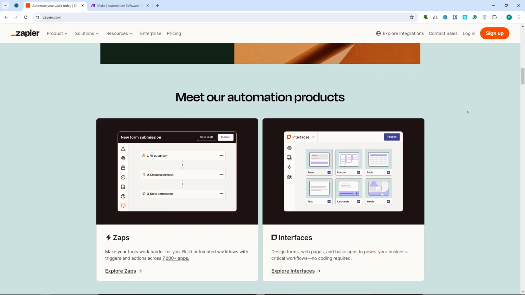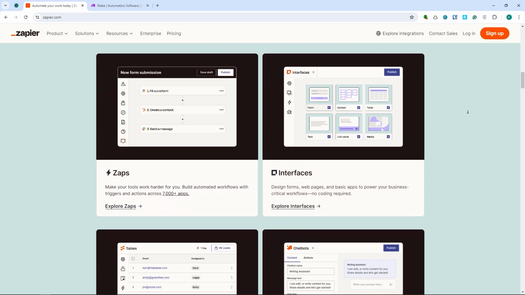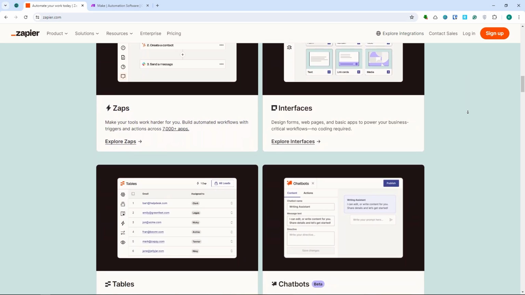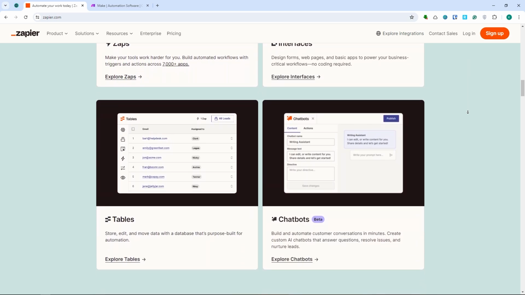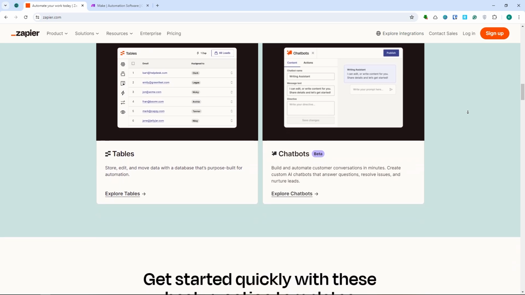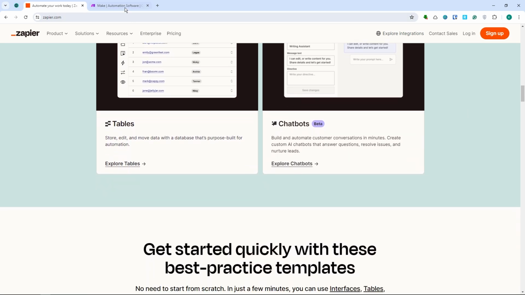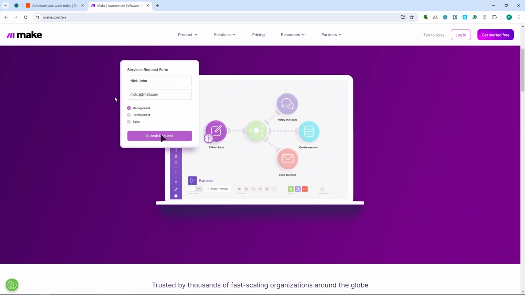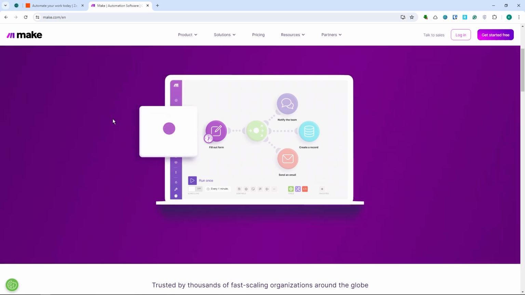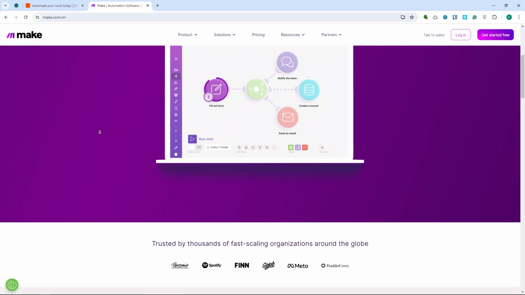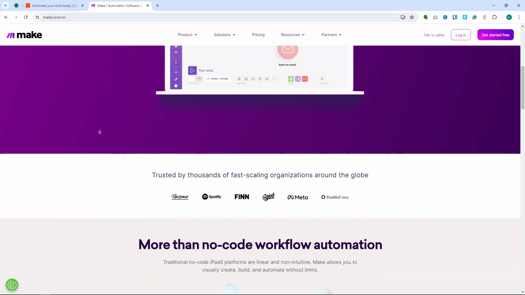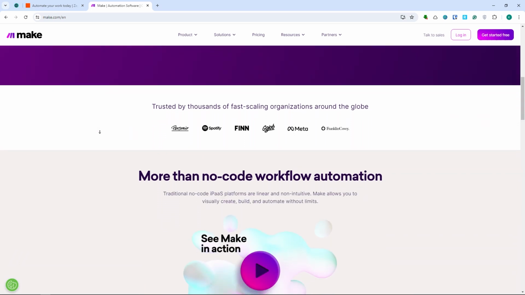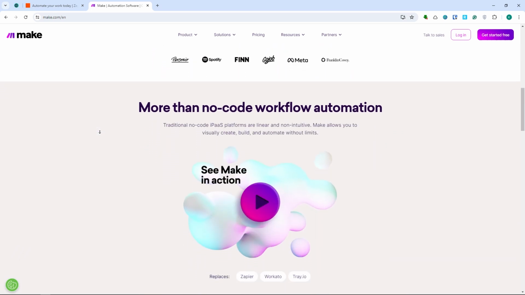If you're using a popular tool for your company, then there's a good chance that it connects directly with Zapier without needing API documentation. Now, on the other hand, Make.com right here is slightly more complex but offers powerful capabilities. It's not as user-friendly for beginners, but once you get the hang of it, you can definitely create more intricate